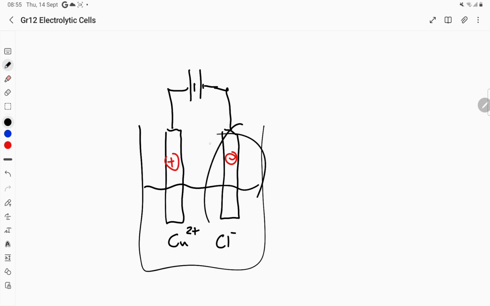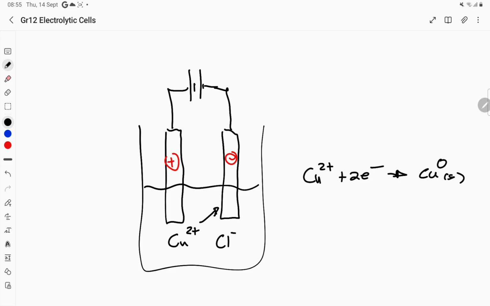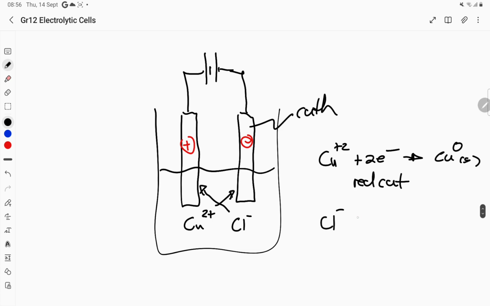Next thing, because it's a negative electrode, we have the positive ions going to the negative electrode. So we have Cu2+ gaining electrons going to solid copper. And then we determine that is a reduction. We've got 2+ going to 0. That's a reduction. And reduction is a red cat. Remember our red cat. So this will be our cathode. And then our chloride ions are going to go that way, which means then that will be Cl minus giving off an electron. But we've got 2 of these, so we need